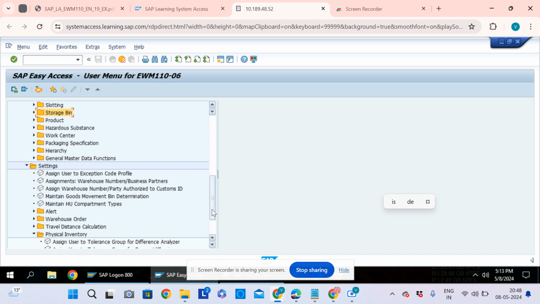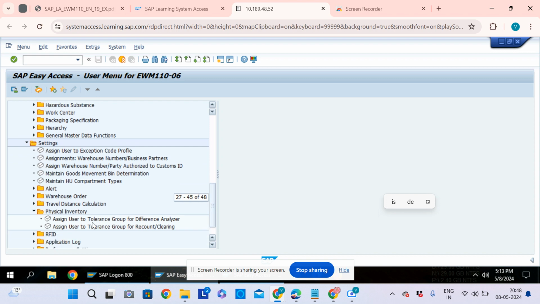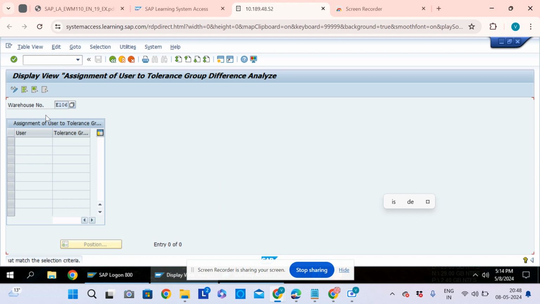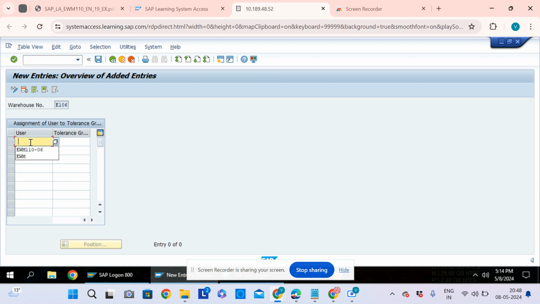setting that is related to physical inventory user assignment to the tolerance group. So you remember that we have created a tolerance group as high, so we will be maintaining the entry for the user ID. So user is this, and for this we are going to maintain the tolerance group, that is HIGH. So this is one record,